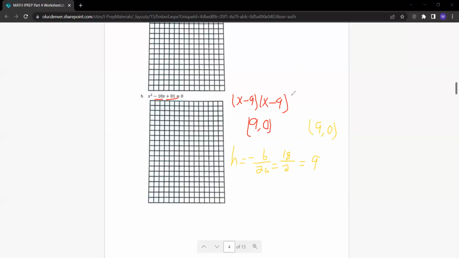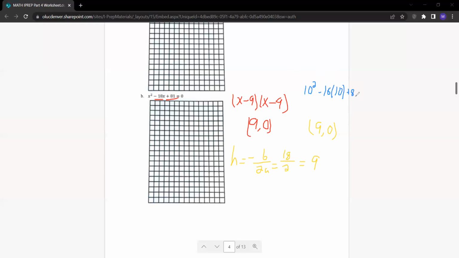So now we have a little bit of a pickle, right? Because we have all these points, but in reality, we only have one point. So what we need to do is find another point next to it. So let's go ahead and plug in something like 10. So we have 10, we could plug it in here. So we have 10 squared minus 18 times 10